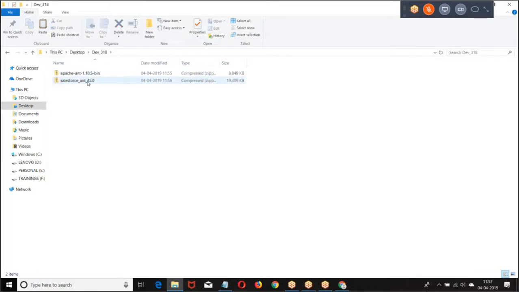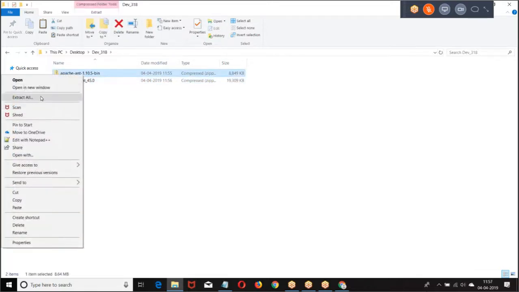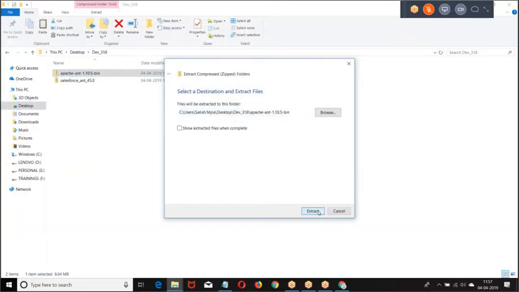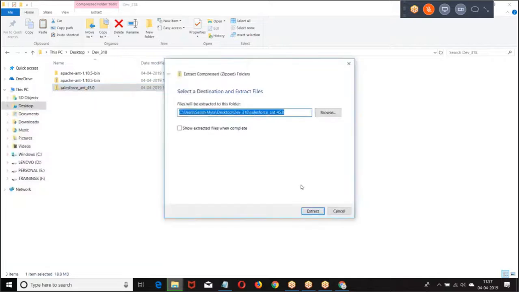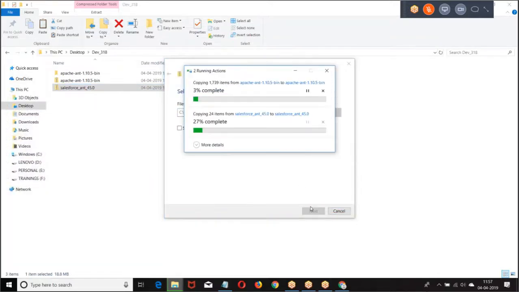Then here we have Apache Ant, and extract both the files. What are the zip files we received? Extract them. We download the files, we are extracting.